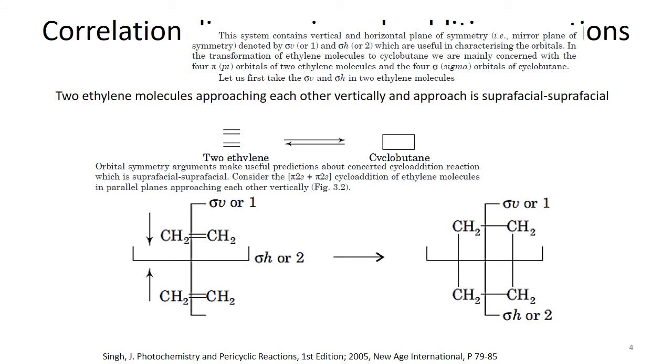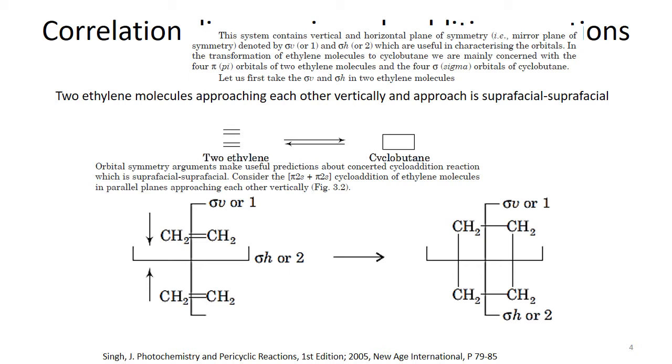Starting from the correlation diagrams in case of cycloaddition reactions, we are going to take the first example of 2+2 cycloaddition reaction. For this, we are taking the example of two ethylene molecules reacting together to form cyclobutane. These two ethylene molecules are each a 2 pi electronic system. These two molecules react together to form a cyclobutane that doesn't have any pi system, but it does contain sigma bonds that are converted from this pi electronic system.